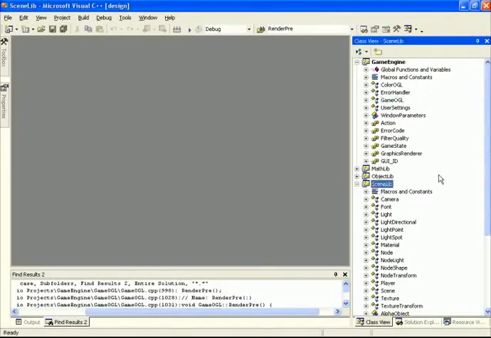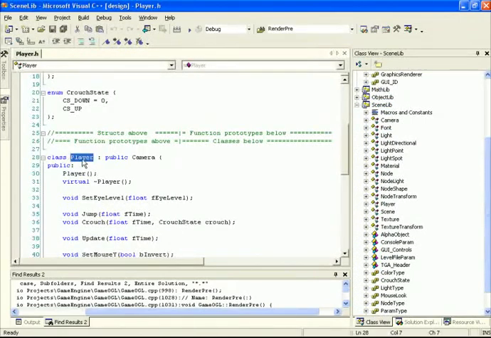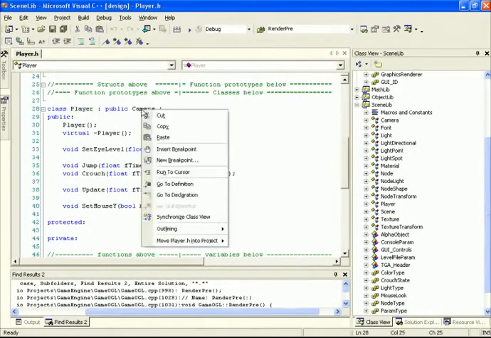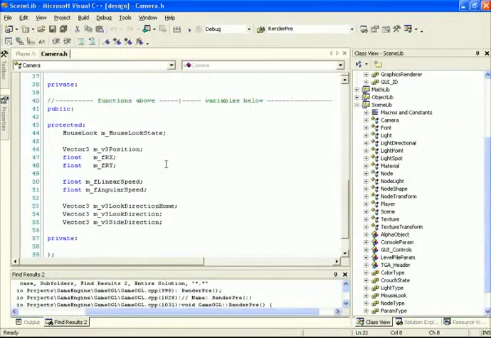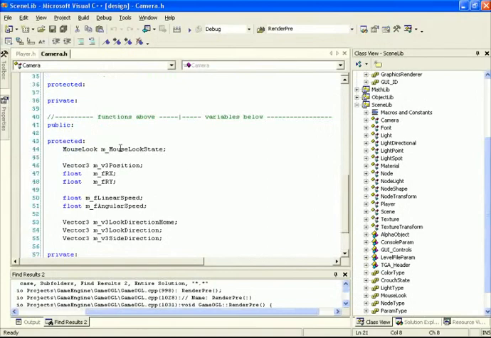We're going to go into our scene library, and in here we see that we created this class called player. Player was responsible for keeping track of when we move our player around in the 3D world, as well as when we jump and crouch and do other things like that. Player was inherited from a class called camera. And if we take a look in here, this is the class that has all the speeds associated with how quickly we can move, and it keeps track of which direction we're looking, where we're positioned, things like that. As well, we have this mouse look parameter here that lets us invert our mouse in the vertical